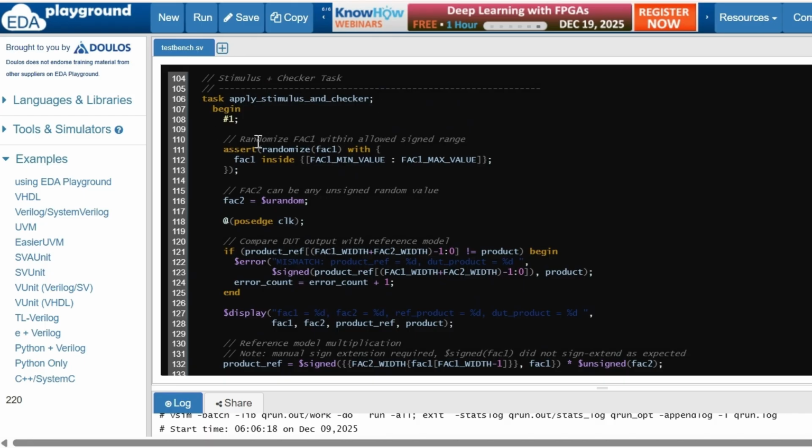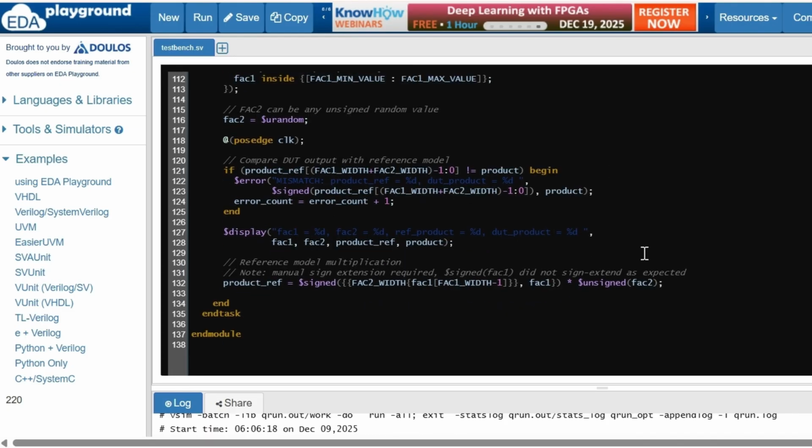This is the apply stimulus and checker task, and here we generate the random value for the input factor 1 between the minimum value and max value of it. Then the second input, which is factor 2 of the multiplier, we generate an unsigned random value for that. And for the timing control or the synchronization between the TB and the DUT, we use the positive edge of the clock as a timing control event to make all